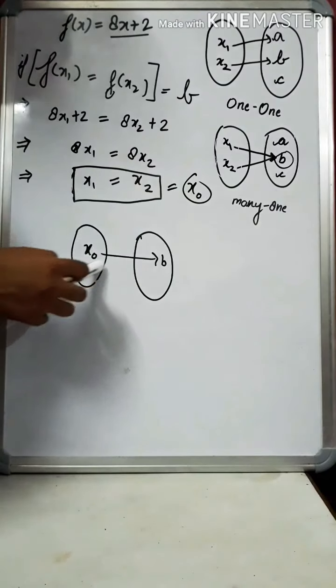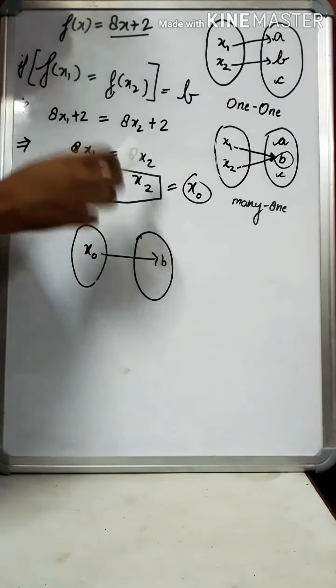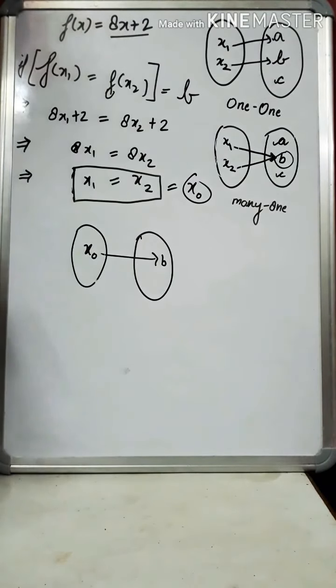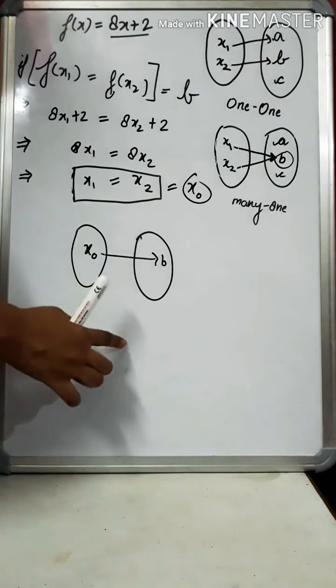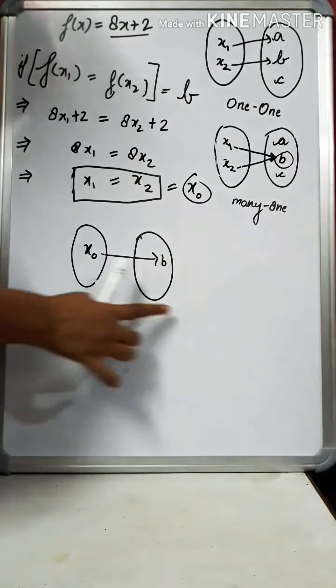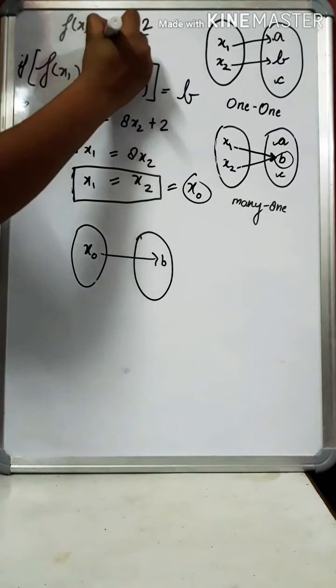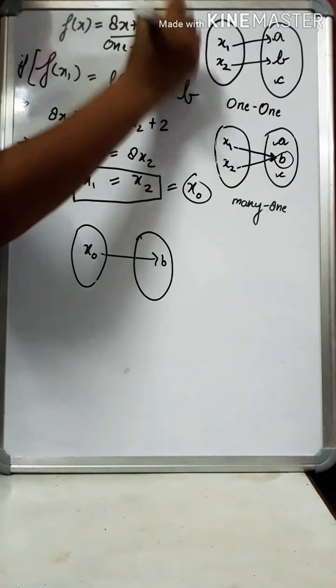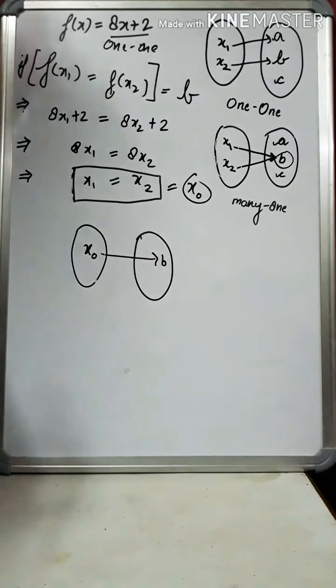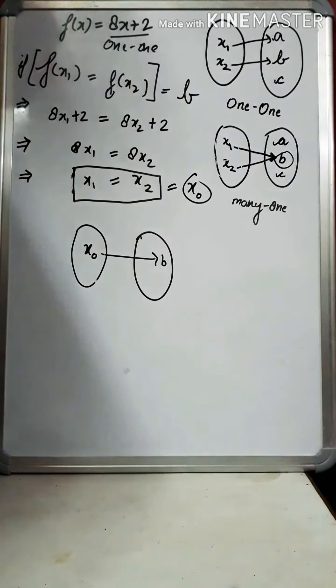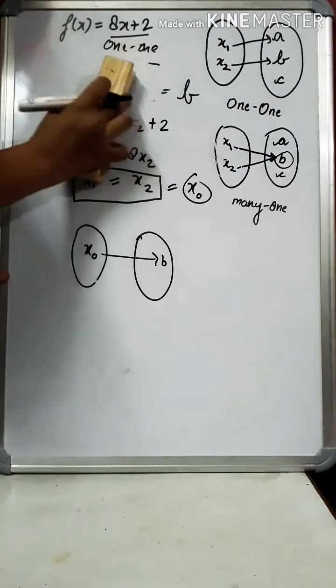This is any one element only, because both of them are equal. So what happened? Now we can easily say that what we assumed was wrong and our mapping is like this. So this function is a 1 1 function. Alright, so this is how you are going to proceed for every example of 1 1 function. Let us take another example.